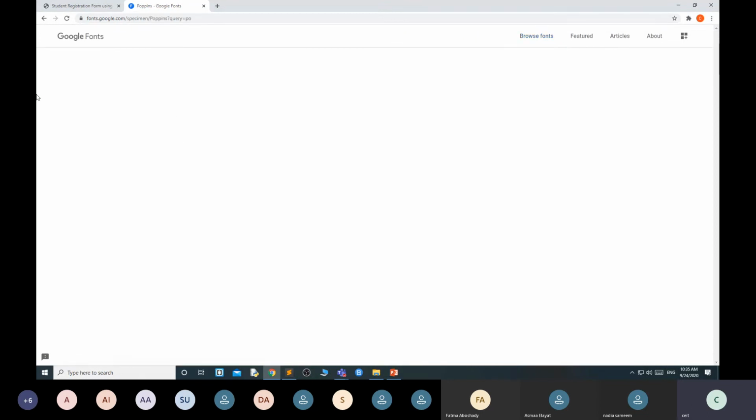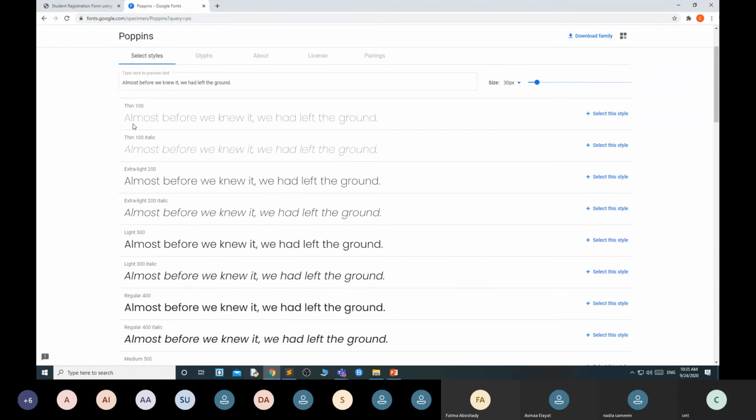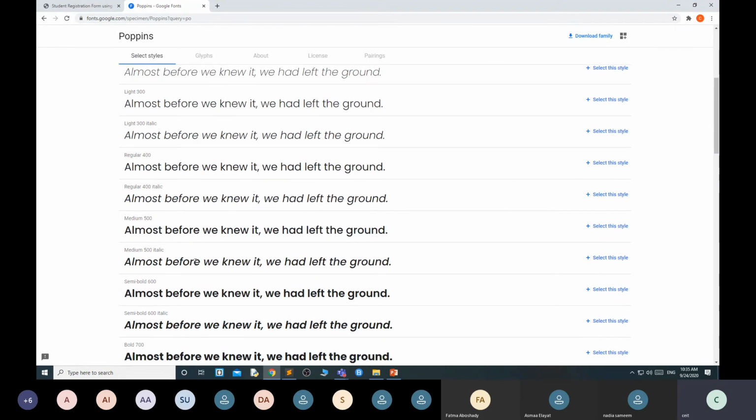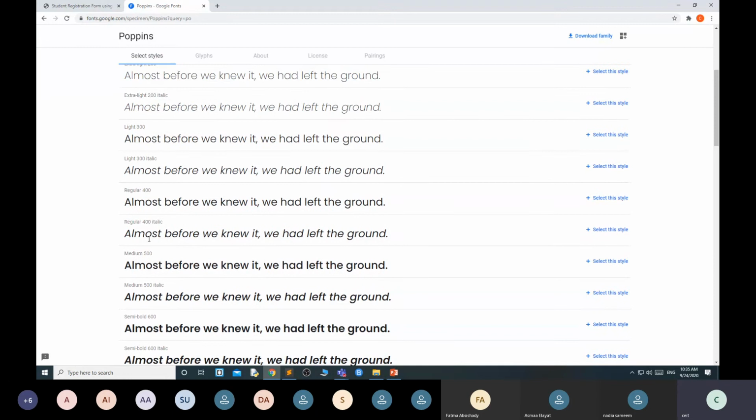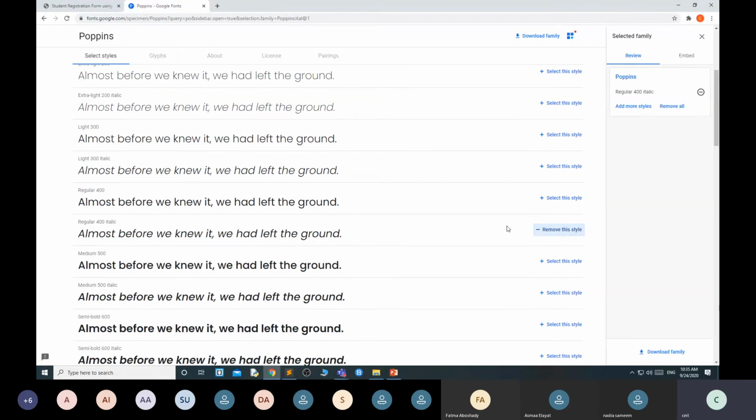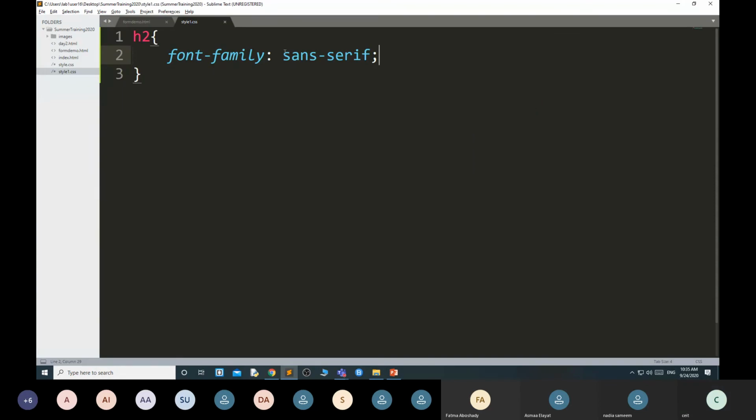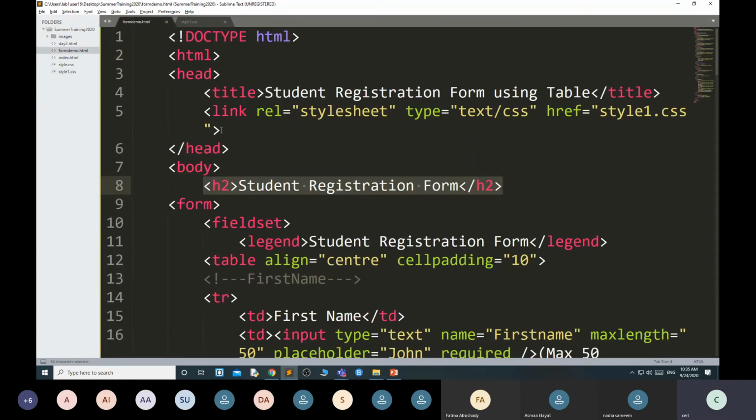Suppose I need Poppins. Then select in Poppins which style you want. Suppose I need italic 400. Okay, this one. Then you have to select this style. Once you select this style, go to embed. Copy this whole thing. Go to the HTML form.